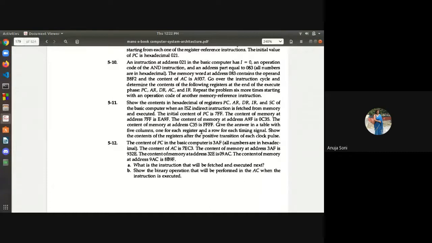Show the contents in hexadecimal of registers PC, AR, DR, IR and SC of the basic computer when an ISZ in the indirect instruction. You can see specifically focus is there on indirect.